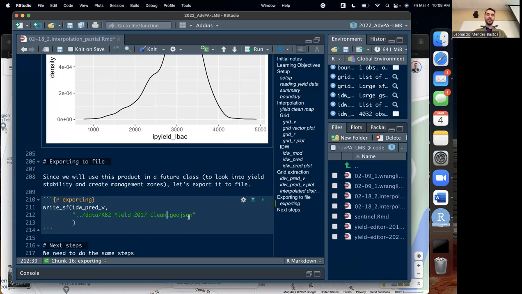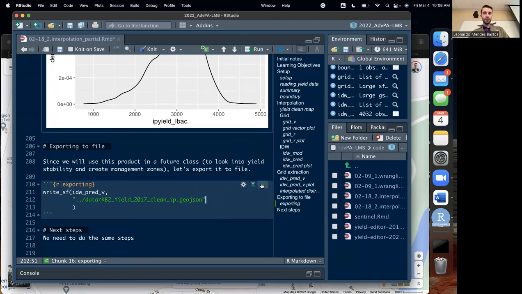But after that clean there, I want you to add an underscore and IP, basically meaning that now this is the interpolated version of this file. So again, we should be inside the data folder, having gotten outside the code folder, and we create this file with IP added at the end of its name to say that it was the interpolated version. And again, we're saving it as a GeoJSON file. If we just run that,